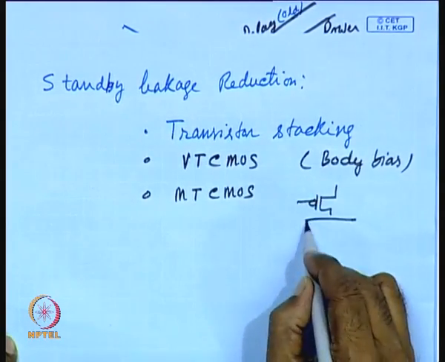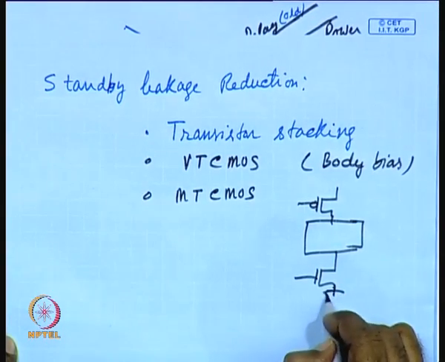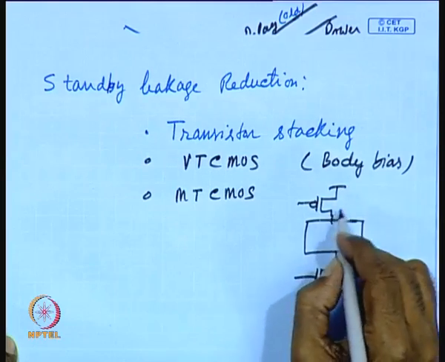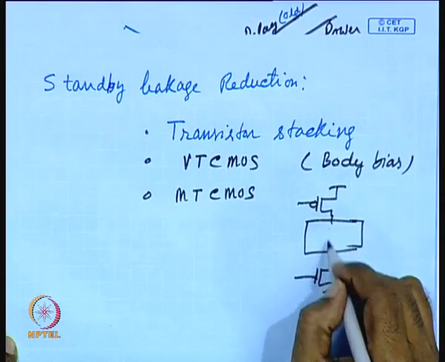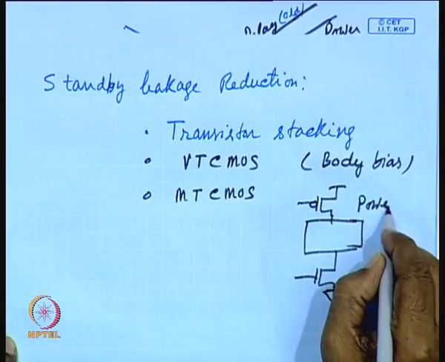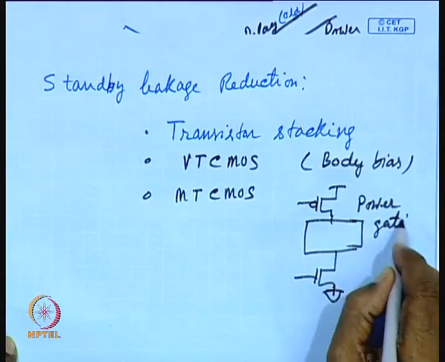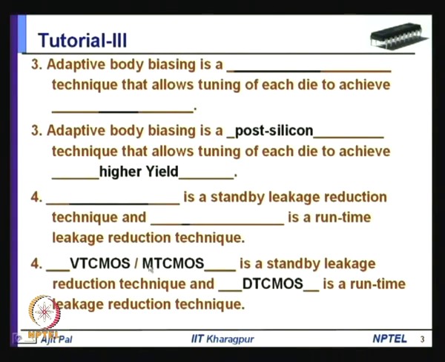So, this is the actual circuit and you can put a transistor either as a header or footer to reduce the leakage current. So, this is also known as power gating. So, you can use any one of the three techniques here, VT CMOS, MT CMOS or transistor stacking, and similarly for runtime leakage reduction technique, the most common approach is DT CMOS,